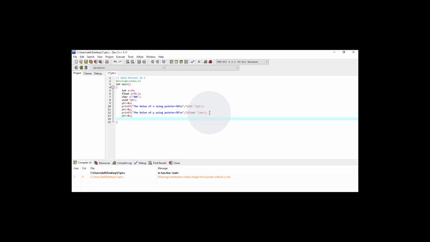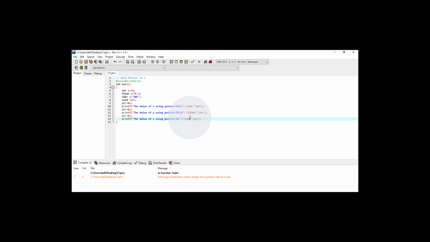Now again use Ctrl+V, and this time put printf the value of z using the pointer is. Now z is of which type? Char type, so we have to use the format %c, and here we have to write the dereference in the form of char.